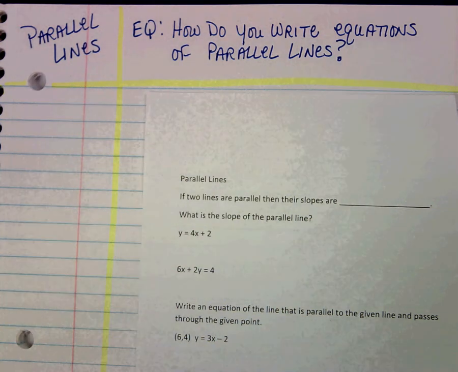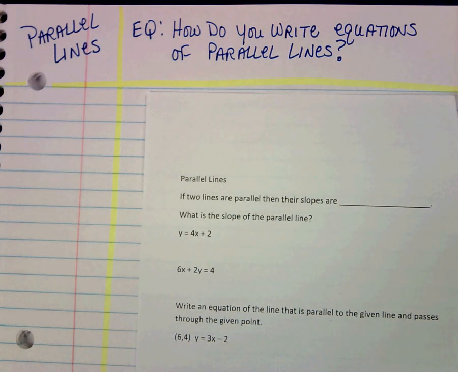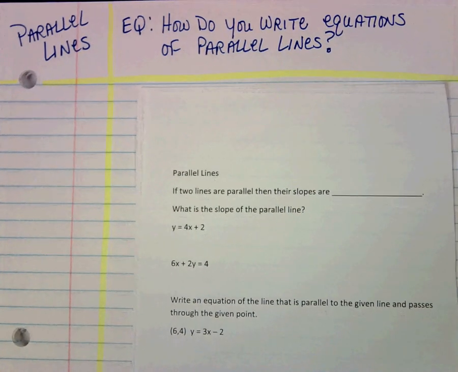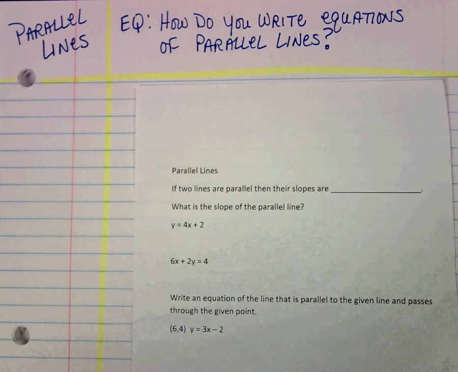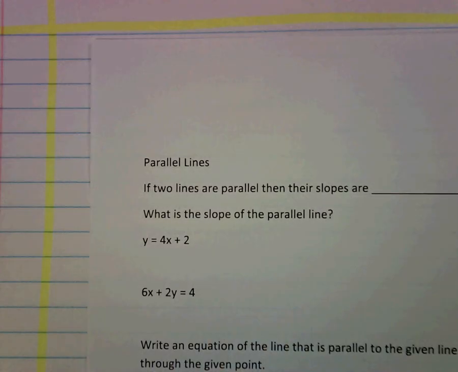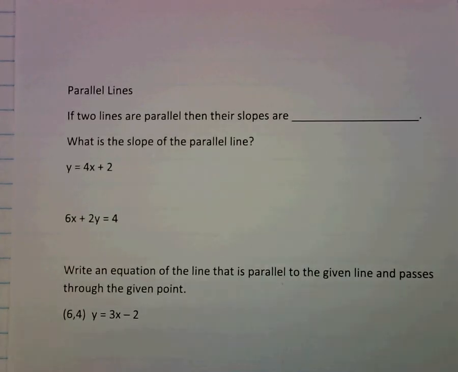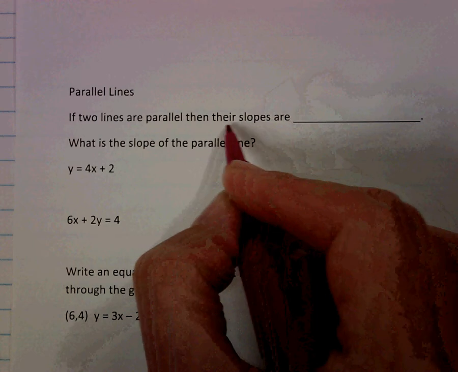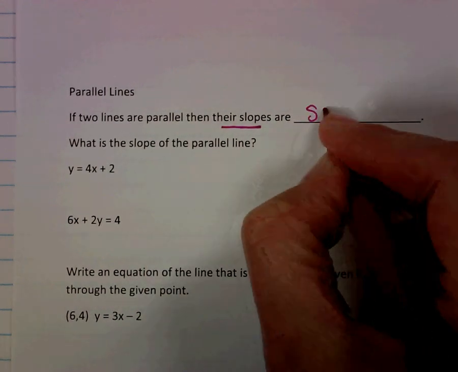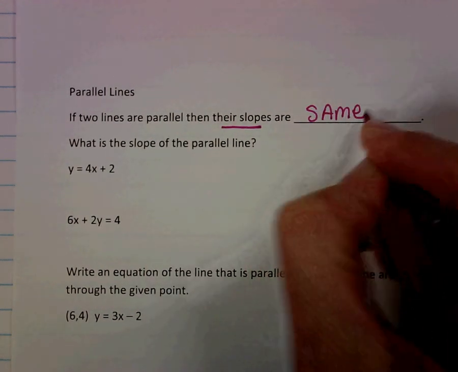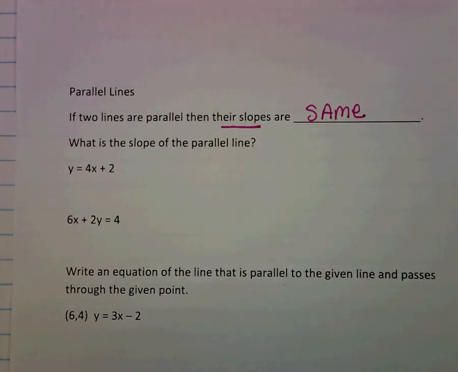In this lesson, we're going to be looking at how to write the equations of parallel lines. Our essential question is, how do you write equations of parallel lines? Pretty simple. So you may be thinking, well, what makes two lines parallel? And I hope that you immediately realize that if two lines are parallel, then their slopes are the same. It's pretty simple, right? To be parallel, to never intersect, they have to have the same slope or rate of